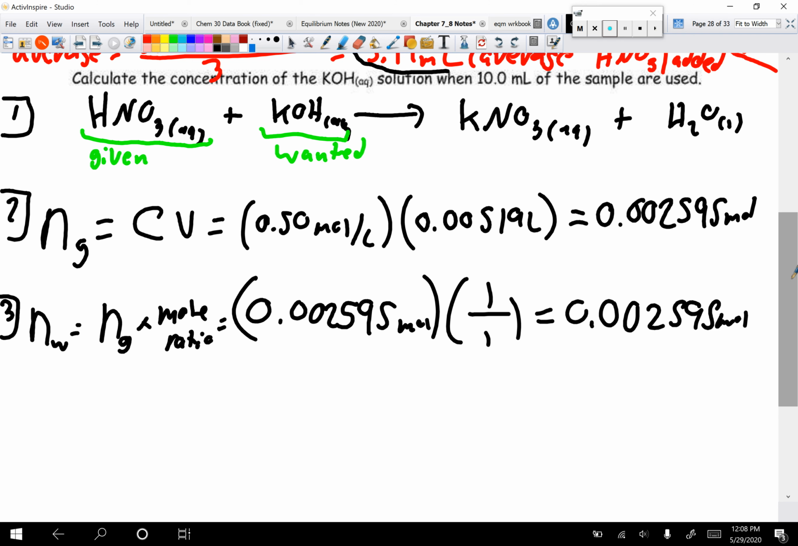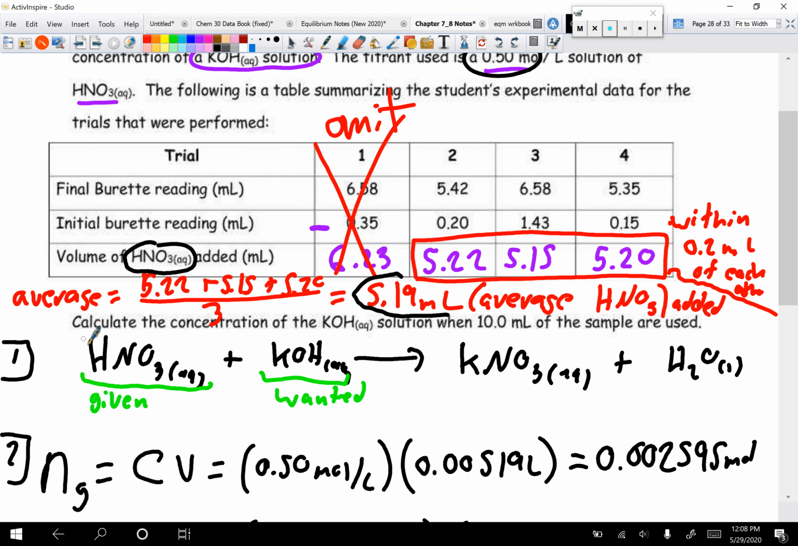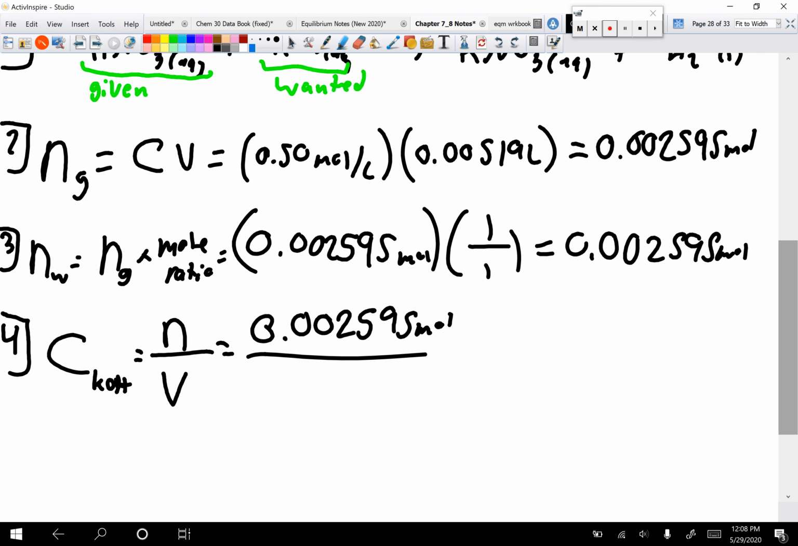Finally, step 4 in stoichiometry, solve the problem. So the problem is concentration of our wanted, or KOH. Remember, the formula for concentration is number of moles divided by volume. So number of moles we just calculated in step 3 over the volume. So once again, what is the volume of KOH? We go back and reread the question where it says calculate the concentration of KOH solution when 10 milliliters of the sample are used. So 10 milliliters in liters is 0.0100 liters,